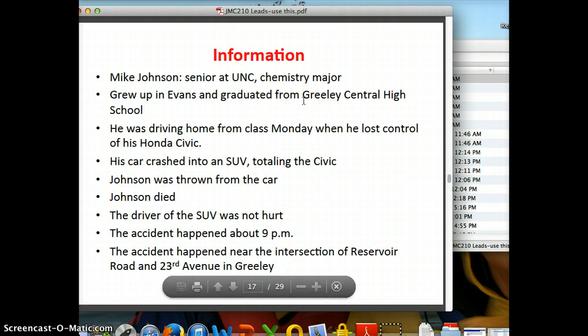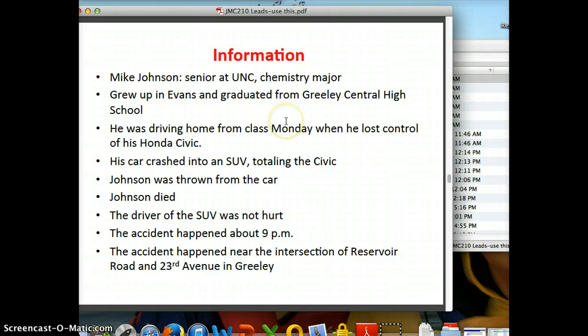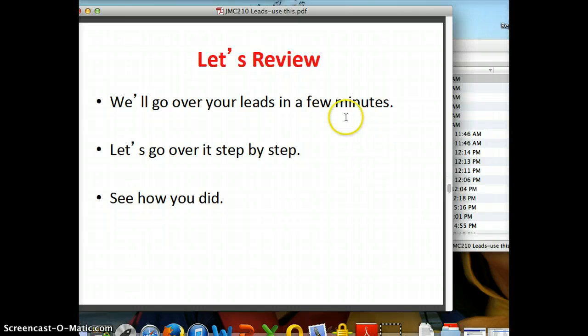Okay, so here's the information. So now stop the tape and go ahead and look at the information and use only the stuff you need for who, what, when, where, and then turn the tape back on. Okay, so